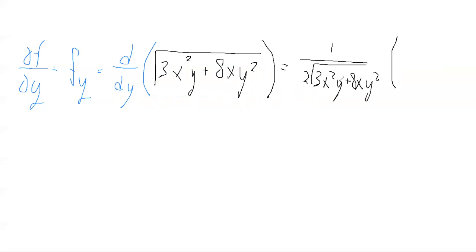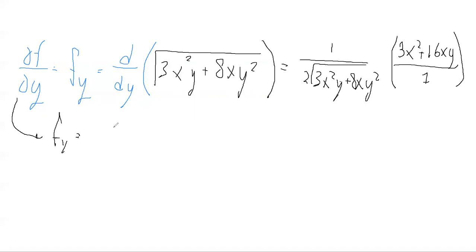And now we're finding it with respect to y instead of x. So it's going to be 3x squared, because the derivative of y is 1, plus 16xy, because the derivative of y squared is 2y, and 2 times 8 is 16, so 16xy. And now we get that our f of y value is just going to be 3x squared plus